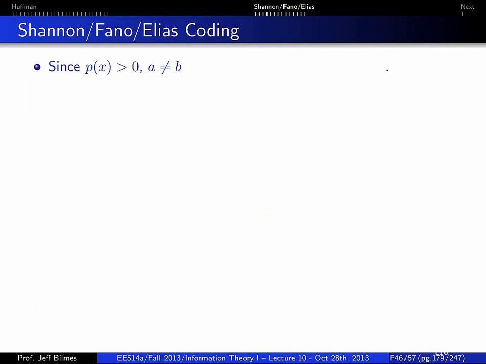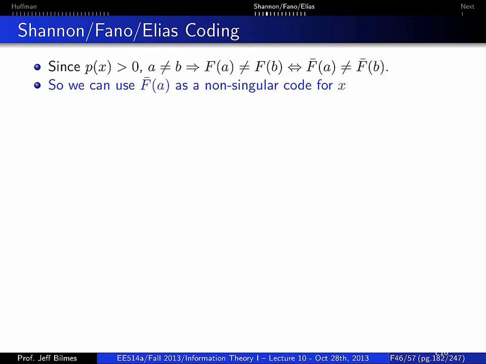Now again, since p of x is always greater than 0, when a is not equal to b, we have that f of a is not equal to f of b. That is also equivalent to f bar of a not being equal to f bar of b. And why is that? Again, for the same reasons, because a is not equal to b, and because p of x is strictly greater than 0. And so what that means is that we can use f bar of a as a non-singular